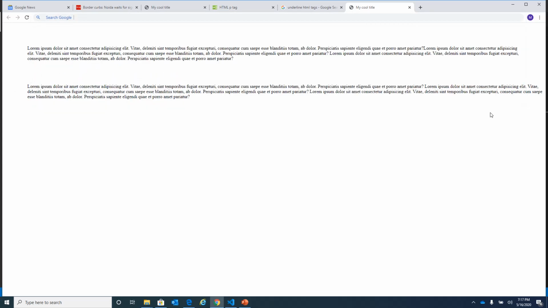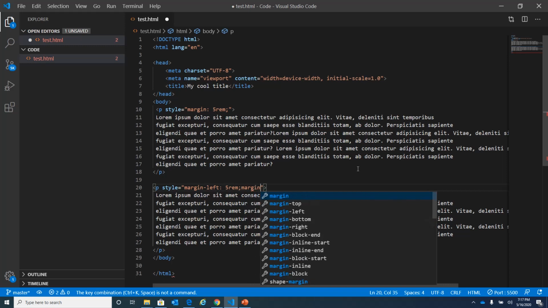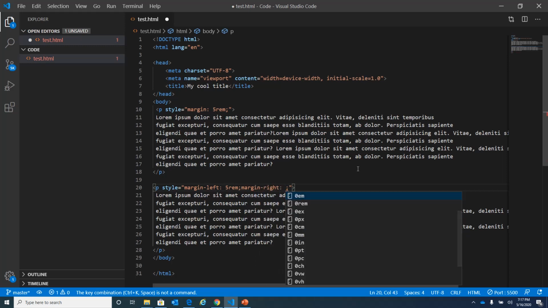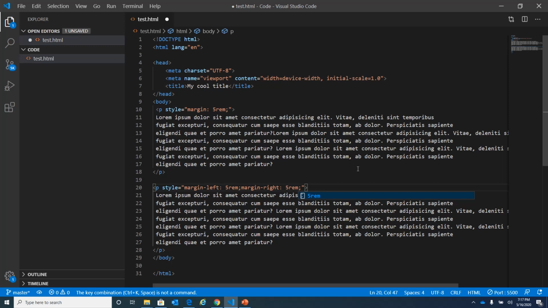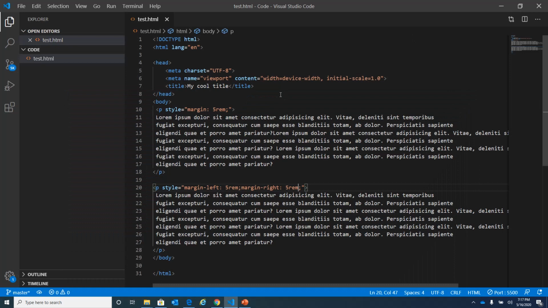Now what if I want the margin from the right also? From the left it should be 5 rems, and from the right as well it should be 5 rems. Then how should I do that? Let us see. Just after margin left, I will say margin right is equal to 5 rem. Okay, save the changes and see on the browser. See, now the margin from the left is 5 rems, and from the right also 5 rems. Okay, let us replicate for the above paragraph also and see how our web page looks.